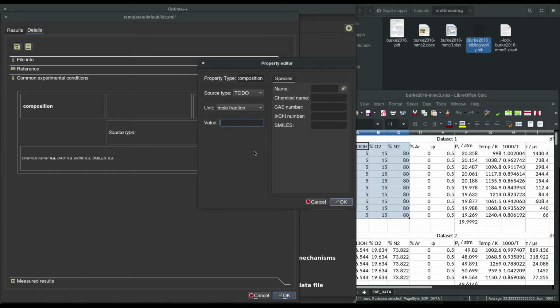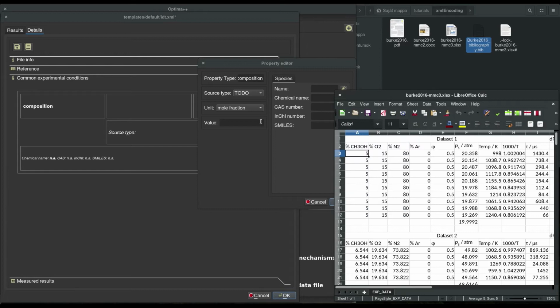Let us start with methanol. Its amount is 5%, so I type 5 into the value field and set the unit to %.